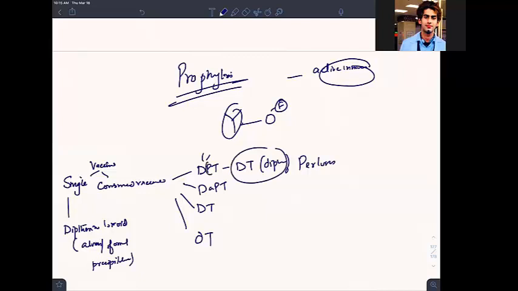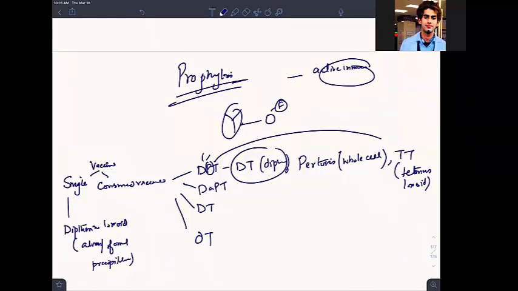What is P? P is pertussis. What is pertussis? Whooping cough, isn't it? We give it as whole cell, so pertussis is whole cell. And T is TT, tetanus toxoid. Once we are making a vaccine, we are not putting everything. We are taking those virulence factors which can induce an immune response in me. That is the major purpose of vaccination, so that I produce antibodies in my body and remain protected.